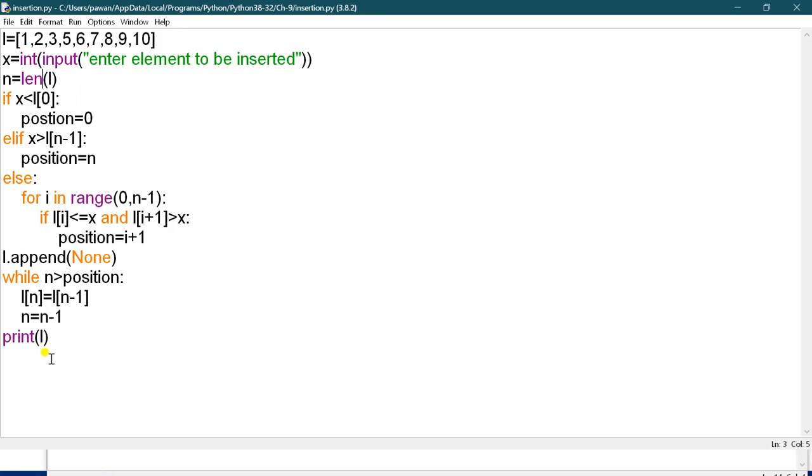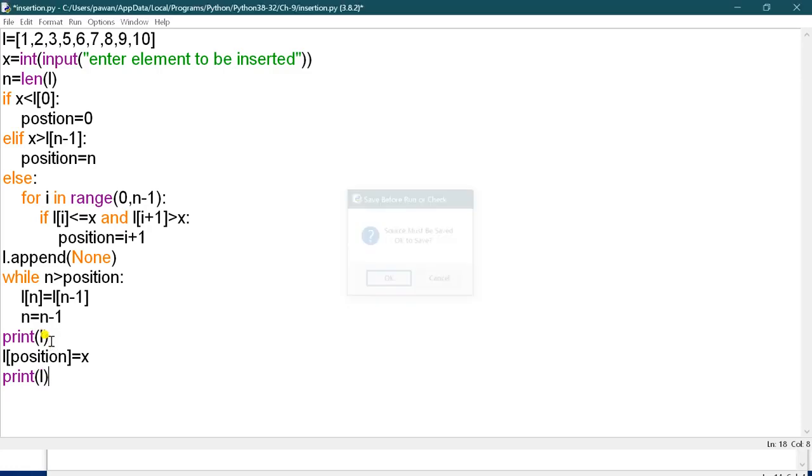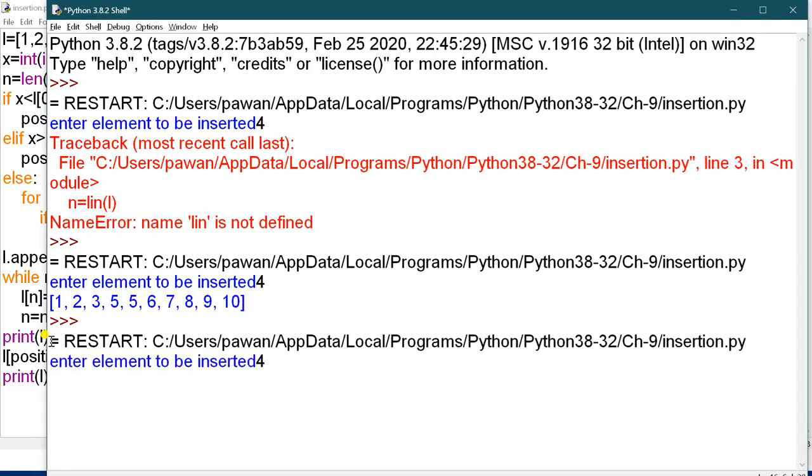You have to use the position, okay, so just write L of position is equal to x, so that at that position the variable x will get inserted, and then you have to print L, okay. So now check, that is 4.